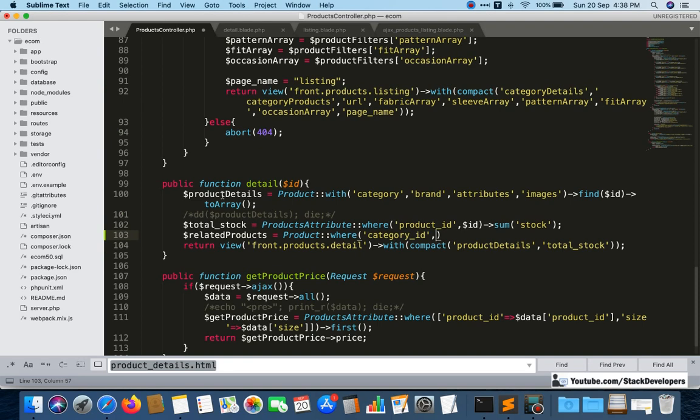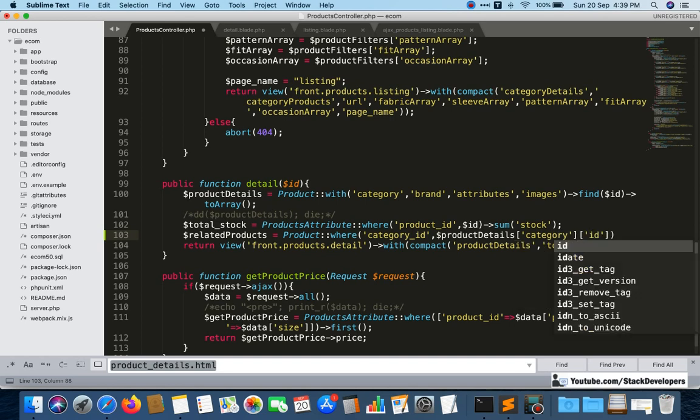So this one we can pick from here, dollar product details, first category, then ID. Now see, category ID is this one.